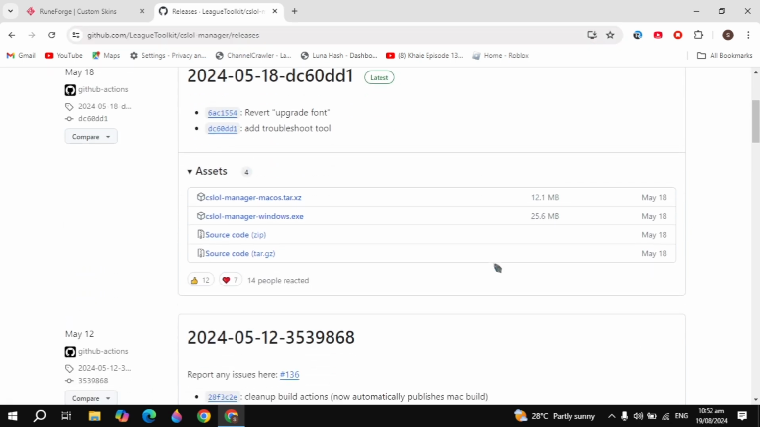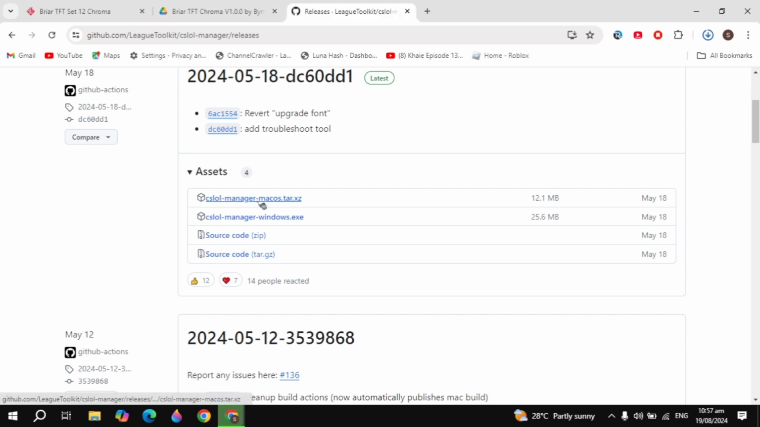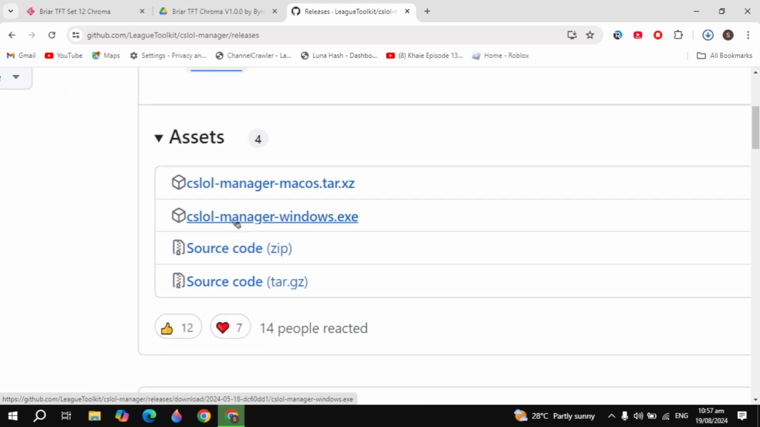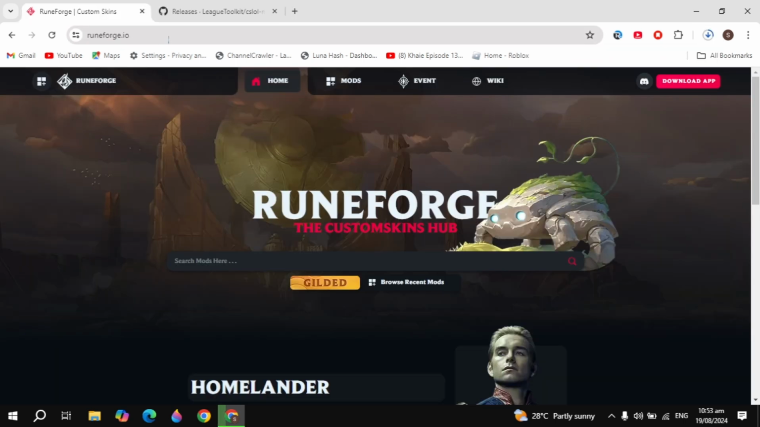Then you have to scroll down and you will see in the assets, you will see the CS LOL Manager Windows.exe second option. So you have to just click on that option and then it will start downloading the exe file of this software. So once it was downloaded, you have to also download your favorite skins from this